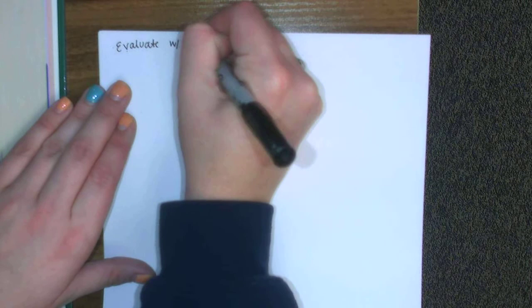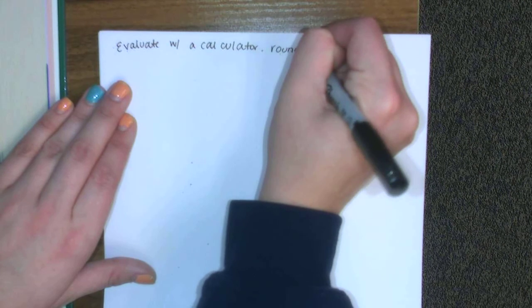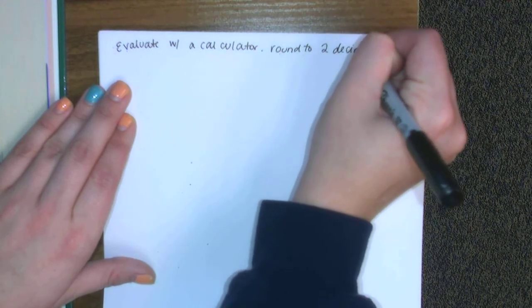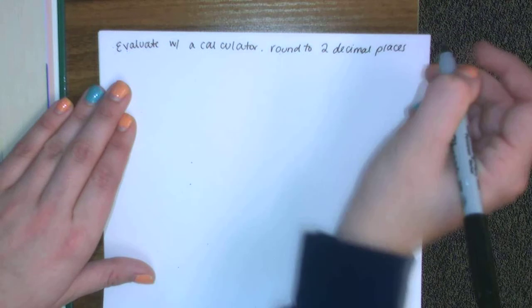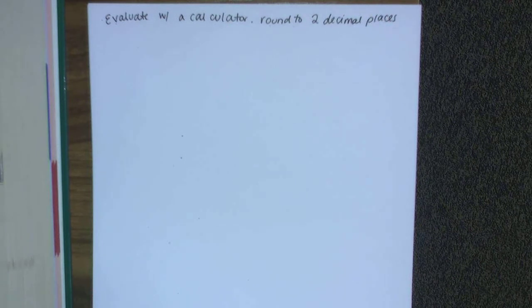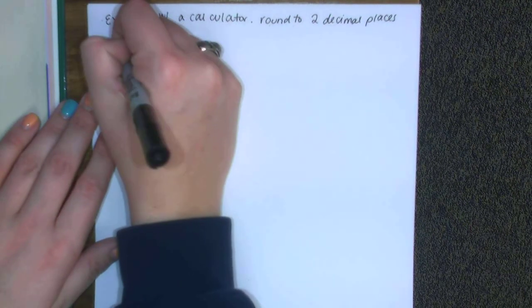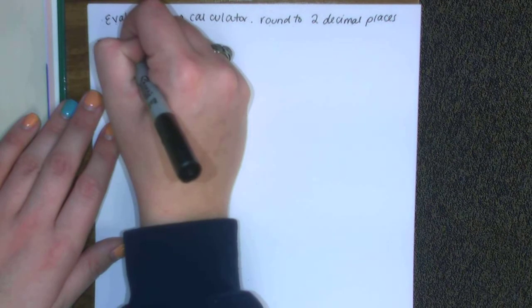Alright, so we are now using a calculator, and we're rounding to 2 decimal places. Evaluate with a calculator. Round to 2 decimal places. I'm going to show you your 2 options for typing these into your calculator, and hopefully that will help you out a little bit. So something like 34. I'm only going to do a couple of these for the sake of time, but it all follows the same pattern. So the 5th root of